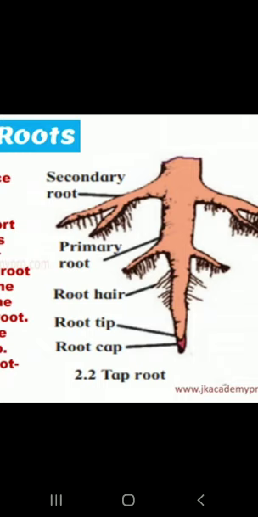Further, these roots have small hair-like structures. They are called root hairs, and they are very delicate. If you look at the end of the root, you can see the tip. It is called the root tip. It is tapering towards the end. That root tip is covered with a cap-like structure called the root cap. This root cap protects the root tip from getting injured. Just as we wear a cap and it protects us from the rain or the hot sun, similarly nature has provided the root tip with a root cap which protects it from getting injured.